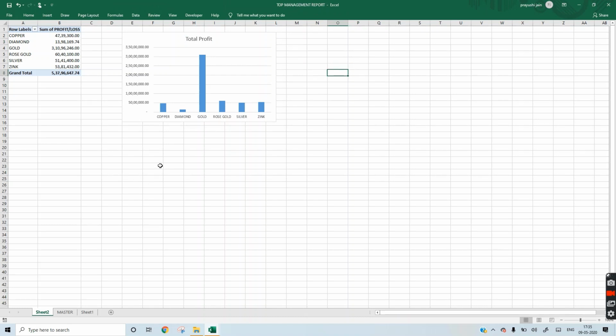First of all, we will create the charts and then we will create the dashboard from them. So I made this from total profit.